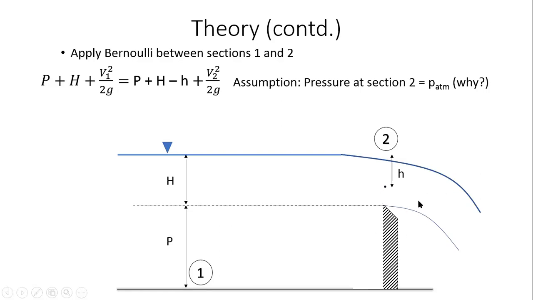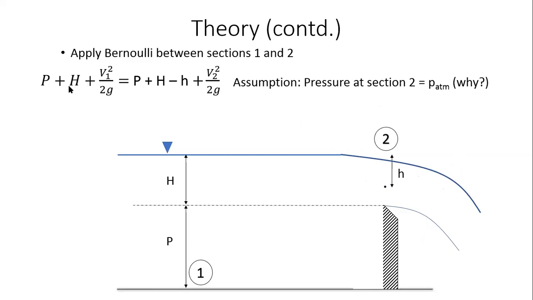Now if I consider a point in this jet, let's consider a point over here, the pressure at this point is atmospheric, the pressure at this point is also atmospheric. So naturally, the pressure at this point in this free falling jet will also be atmospheric, right? Because it has atmospheric pressure on all sides. So this is something straightforward. Similarly, at this point, because the water has just started to fall freely under the influence of gravity, I'm assuming that the pressure at this point in this section is atmospheric. Okay, let's keep going.